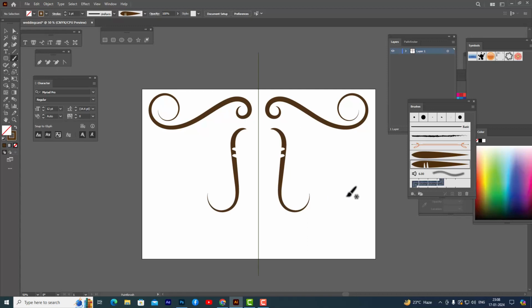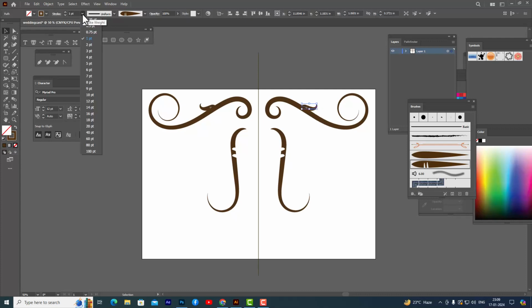So we can see here, now we have a stroke on the left side. So we can just create these nice decorative strokes. So we can see here, and we can also change its stroke width. Here we have the stroke width, we can make it thin,